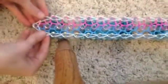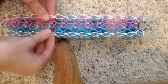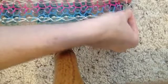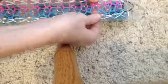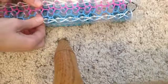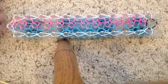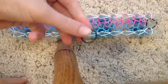And what you're going to do is push all these rubber bands up to the very top, but be careful and try not to have them come off though. And even get the middle rubber bands, not just the side ones. So as you can see, I'm just kind of reaching under and getting those middle ones. Okay, so now I've pushed all my rubber bands off, and I am going to get a black capping band,